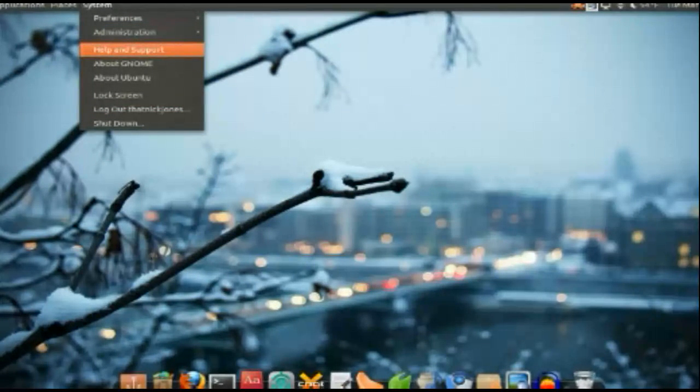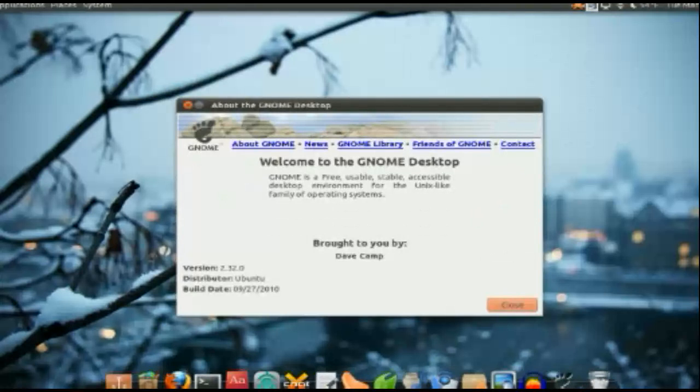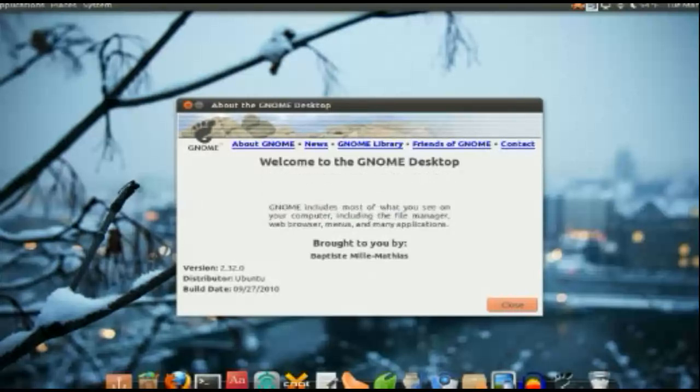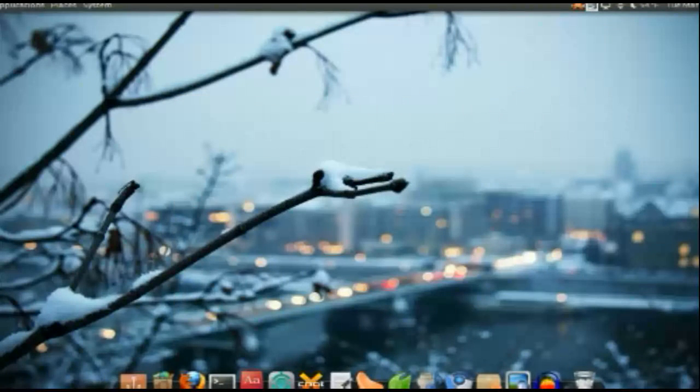Here's the help and support I was talking about. This will direct you straight to the forum about GNOME. You can see what version you're running, if this ever loads. Keep in mind, most of the speed is based on your computer, but some of it will be based on Ubuntu, so you may see a speed increase if you're coming from a couple different versions of Windows. This is actually running version 2.32.0,